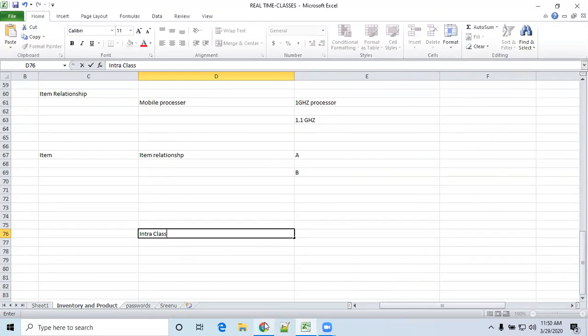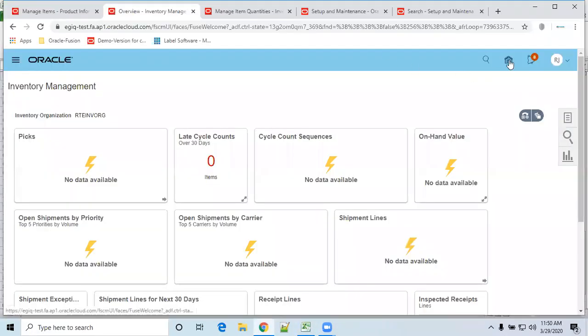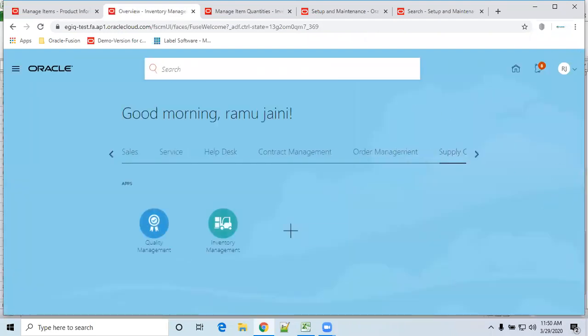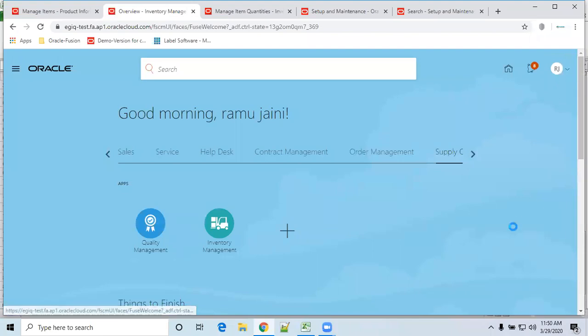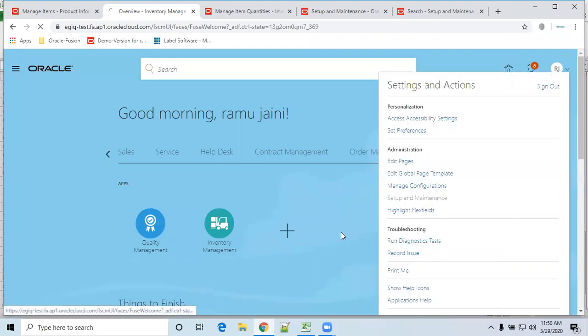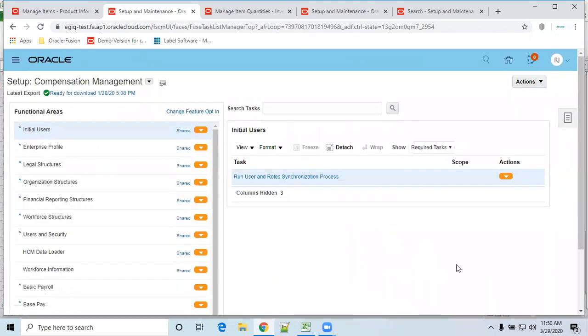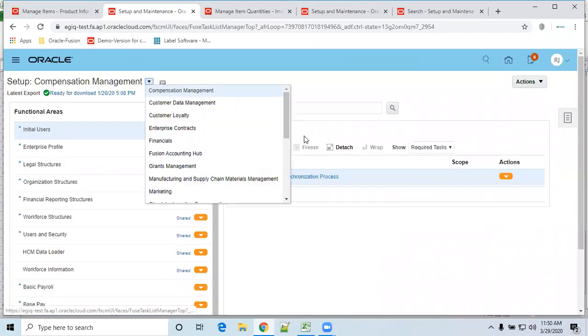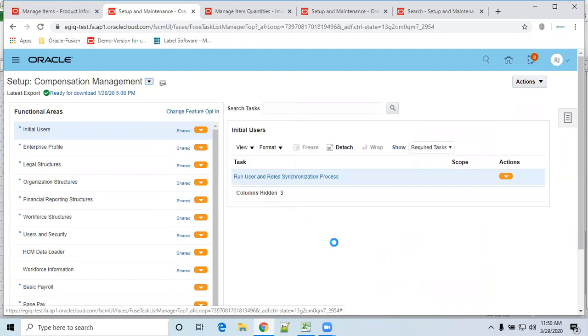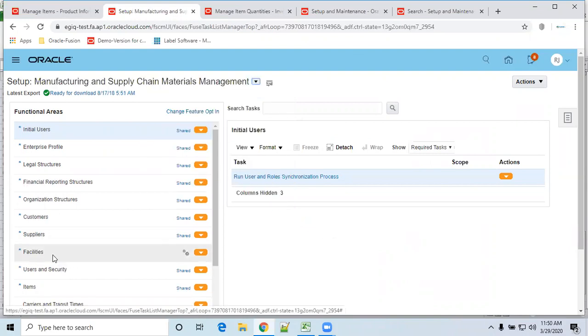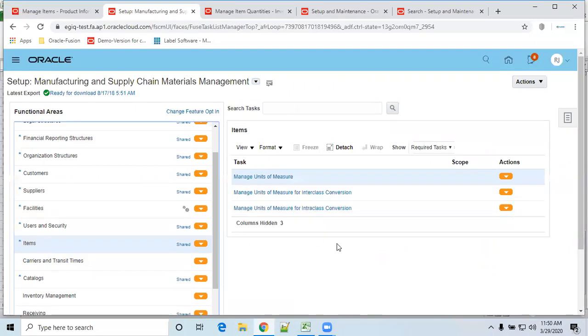If you go to the system, go to setup and maintenance, go to the manufacturing area, go to items, all tasks.